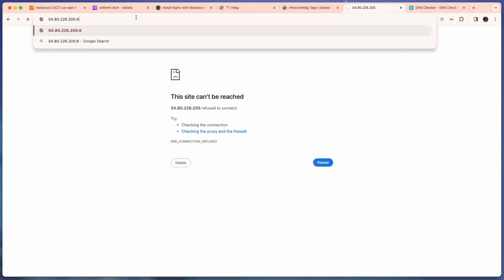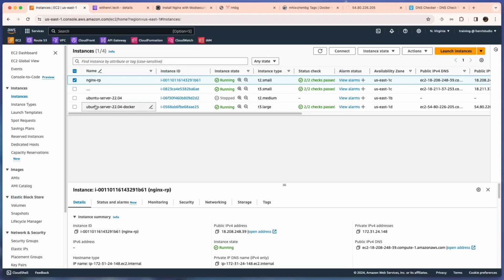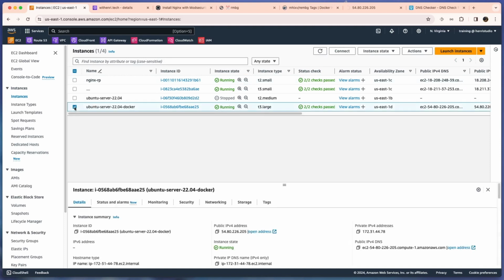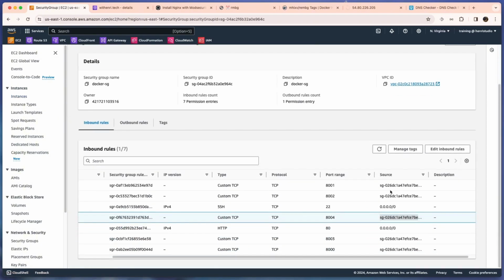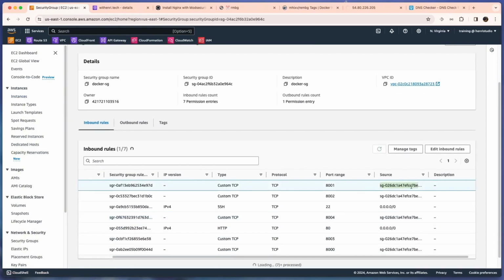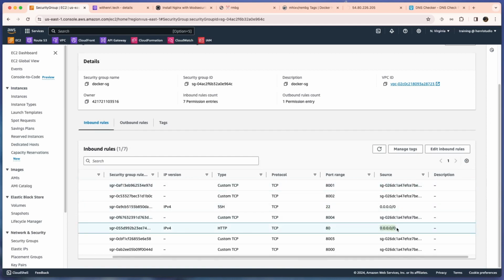Also, when we access port 1000, it will refuse, because the security group of our Docker container only allows access on ports 8000 to 8004 from this security group, except SSH or HTTP, which can be accessed by the public.